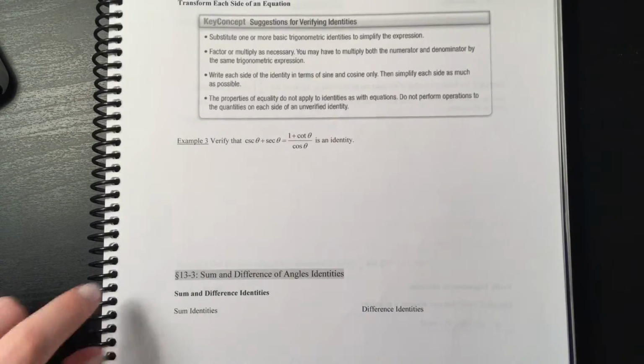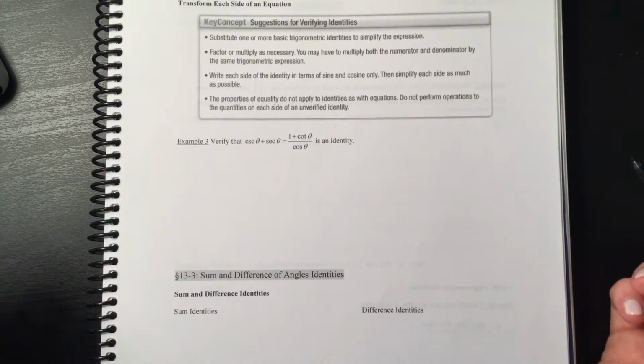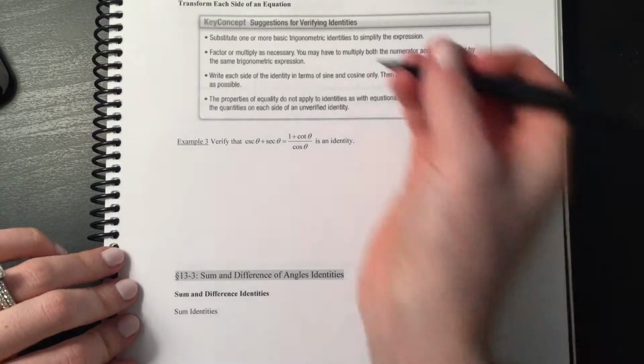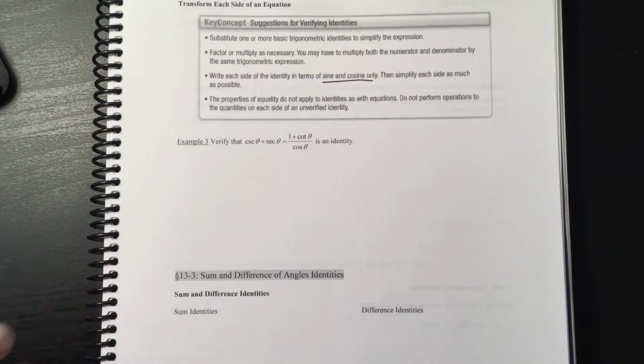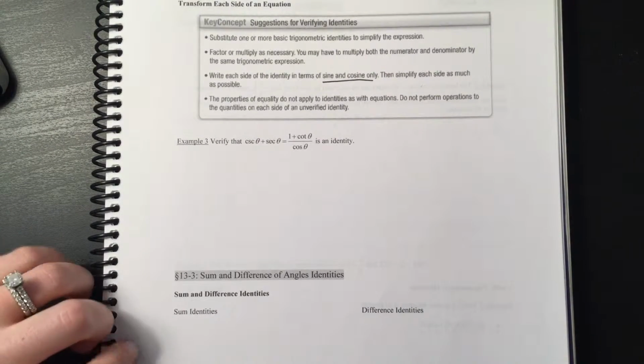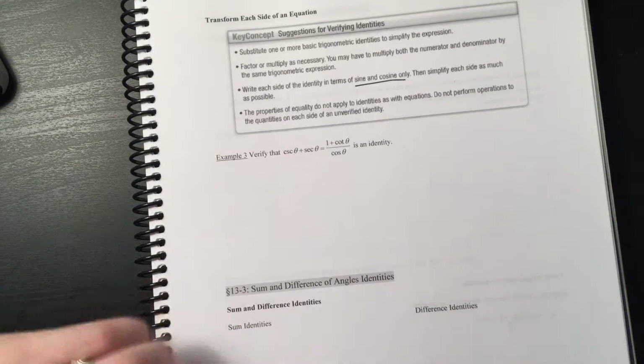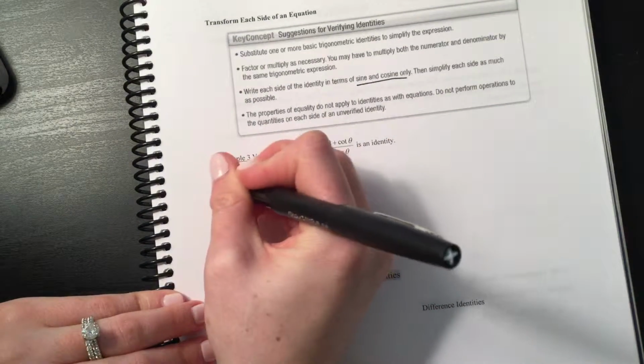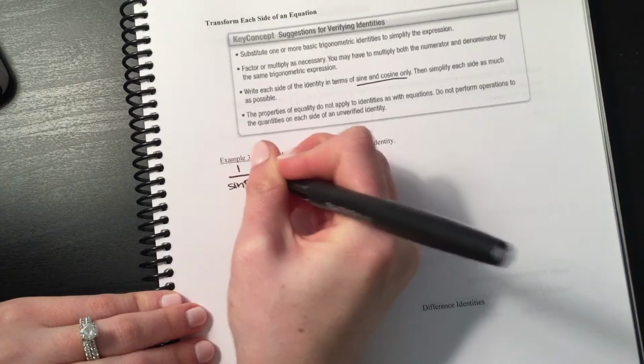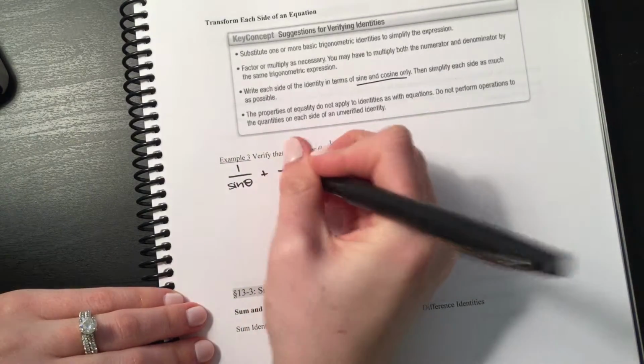So with example 3, we're verifying. We're going to simplify both sides. Okay, so I would start with this technique right here. Write everything you can in terms of sine and cosine, and then we're going to keep simplifying to see if we can get them to equal each other. So start with cosecant. That's 1 over sine plus, and then secant is 1 over cosine